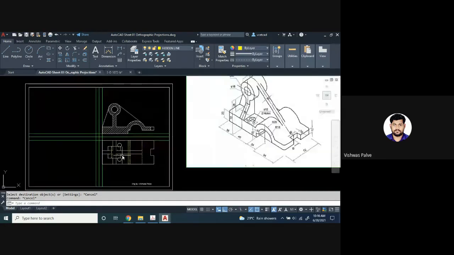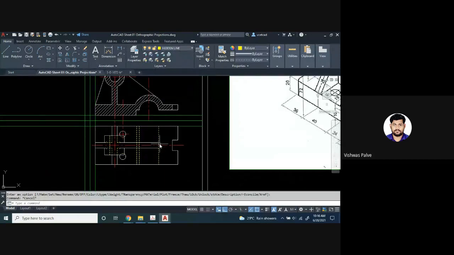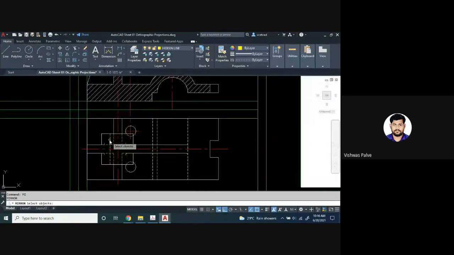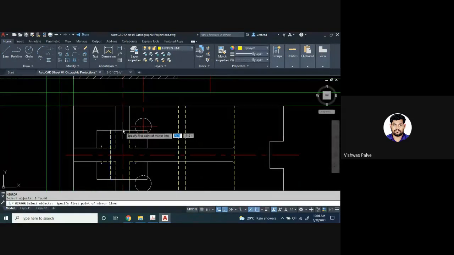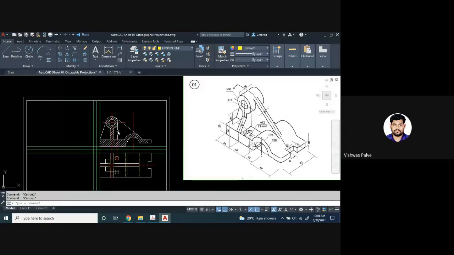When we observe it, I'll switch on the center line layer. I'll use mirror, MI enter, select this line, pick from this point to this point. I'll use a mirror. Okay. So this hidden line is just representing that there is a hollow cylinder here. So that we are drawing. So this is the complete top view of the problem. Now we'll complete the side view. So what are you going to get in the side view?